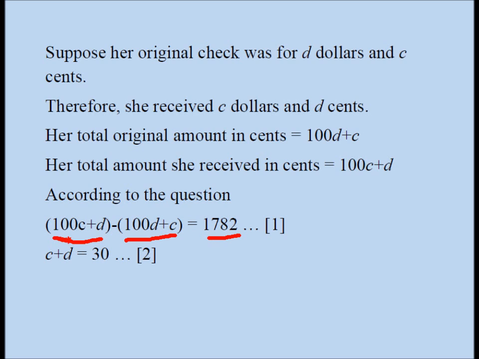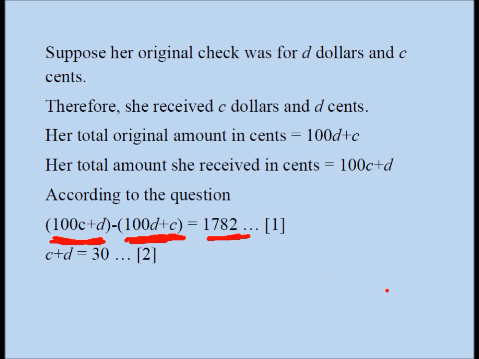So this is the amount she received. This is the amount she should have received according to her original check, and the amount she received is more. So if you subtract the two, you're going to get the difference, which according to the question is $17.82, which turns out to be